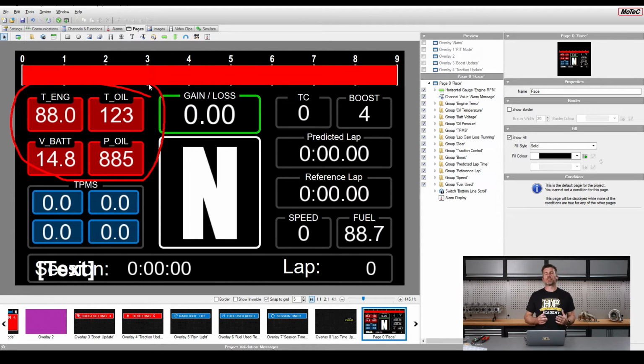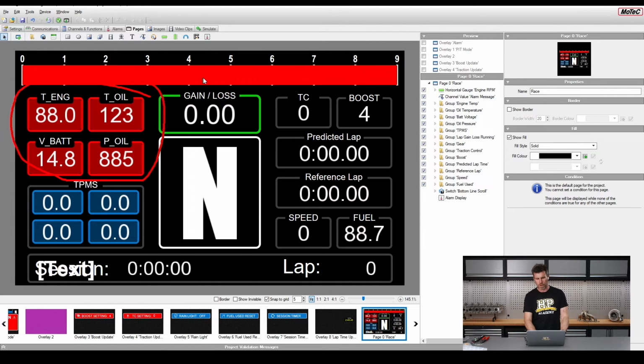What we really want to do is ignore everything on the dash unless there is a problem. So I've color coded it so that when everything is below its ideal operating temperature or pressure, these are in blue. When it's inside the window that I want it to be in, it's going to be white, in other words, no color at all. And if it goes above the range that I want, it will go red.